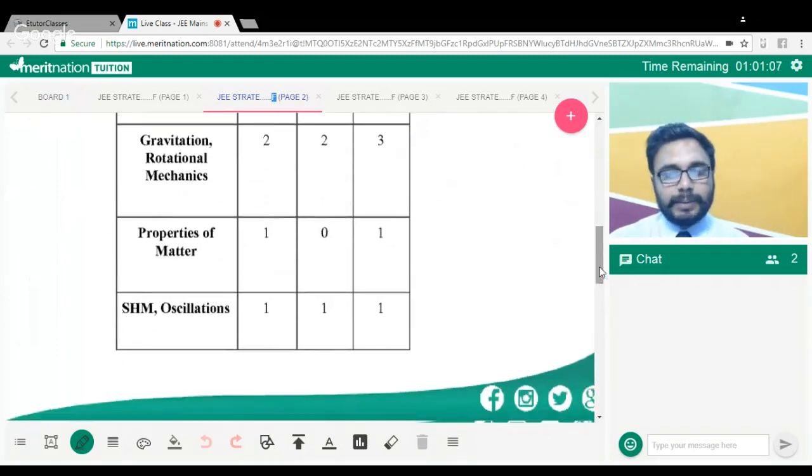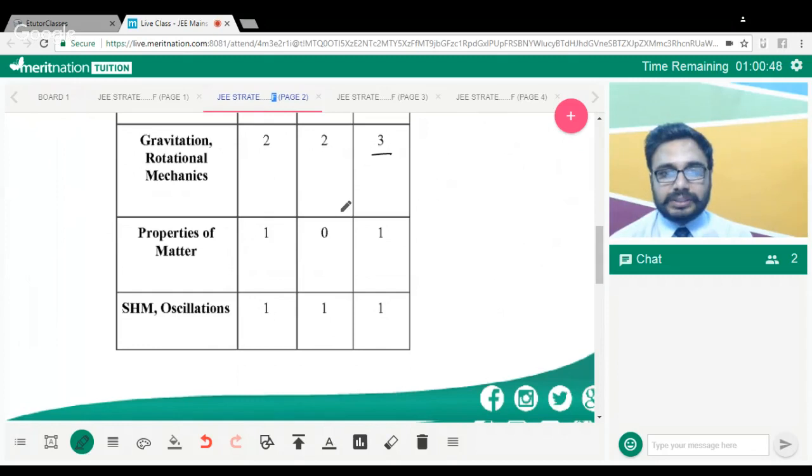Then after that, properties of matter, it is a simple thing. Yeah, rotational mechanics is important. Gravitation and rotational mechanics, 3 questions have to come up. And in chapters 15 and 16, 2 questions each. Okay, for properties of matter, you should know that